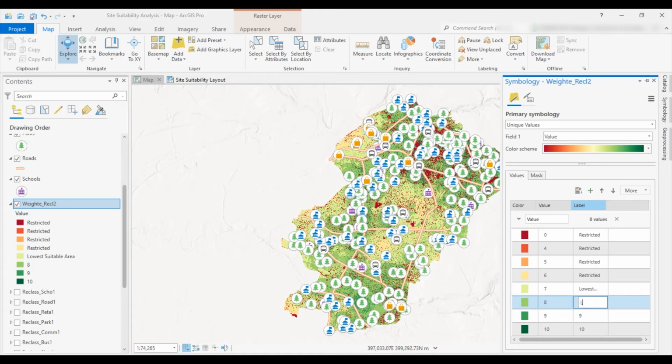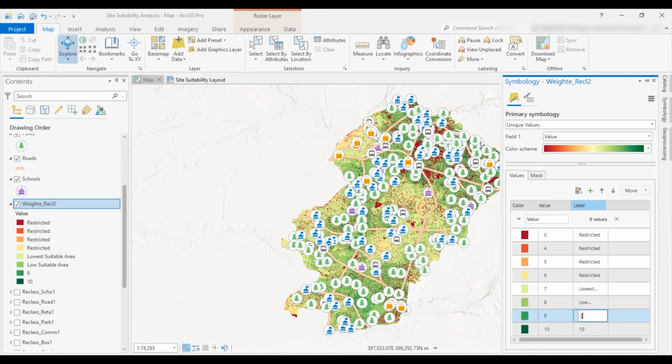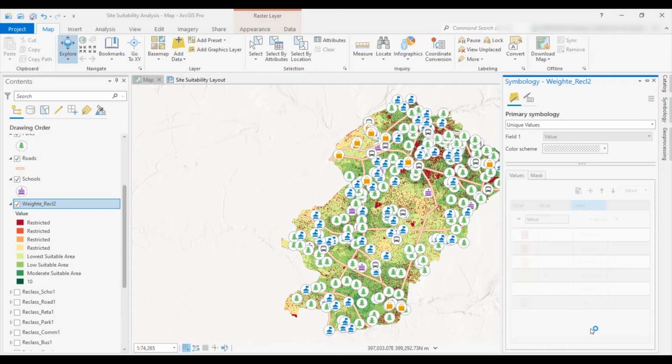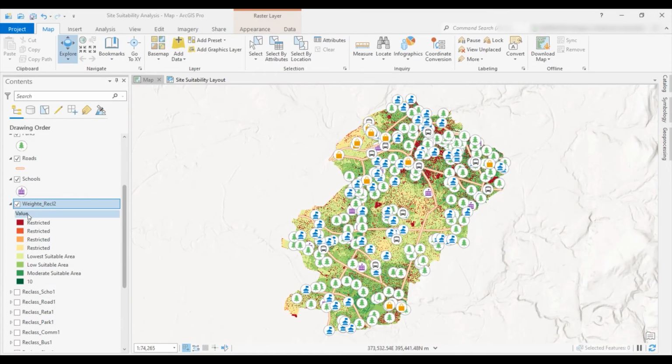And we can call it as low suitable area, moderate suitable area, high suitable area. Okay, now